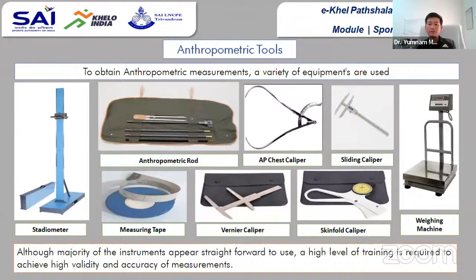So at what locations do we use this equipment, where do we take measurements? Like you have heard about the bicep skin fold, tricep skin fold, subscapular skin fold, suprailiac skin fold, supraspinal skin fold, and calf skin fold. So for calculating fat mass, there are different equations and formulas.